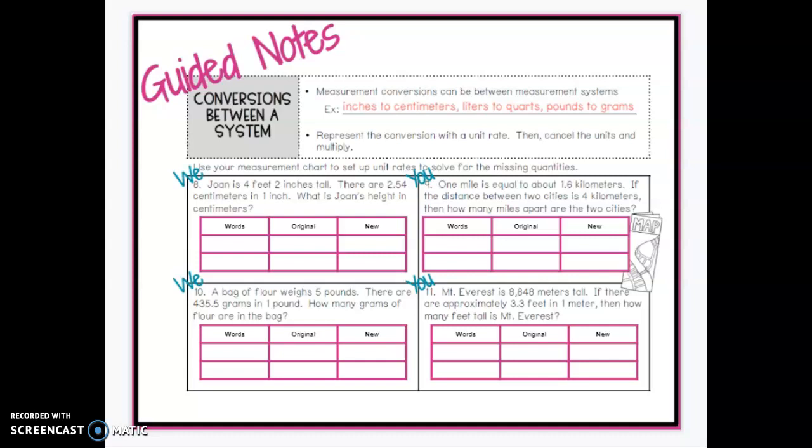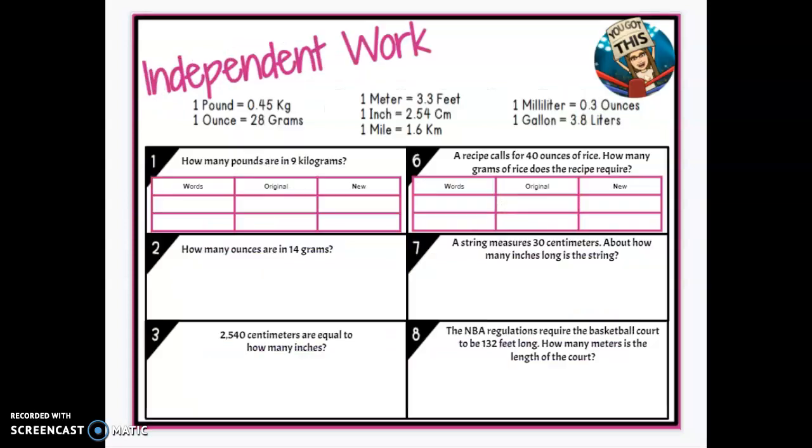So represent the conversion with the unit rate, then cancel the units and multiply. Or like we've been doing, let's go ahead and do proportions because we know how to set those up. Those are familiar to us, so that's what we're going to do. So I'm going to do the two we do's, and then you're going to do the you do's, that way we know what we're doing, at which point you will then do the independent work